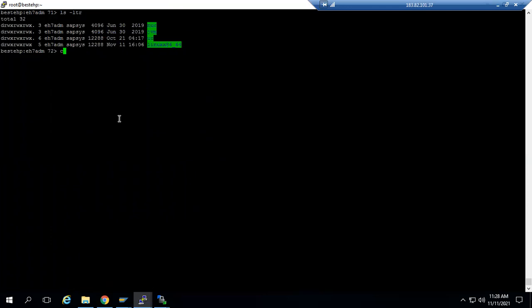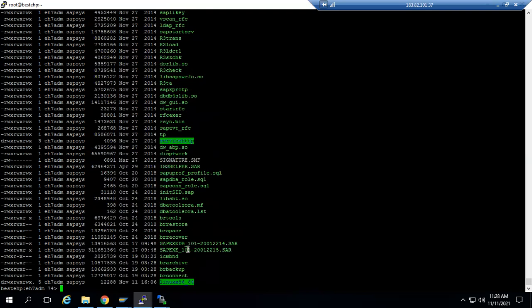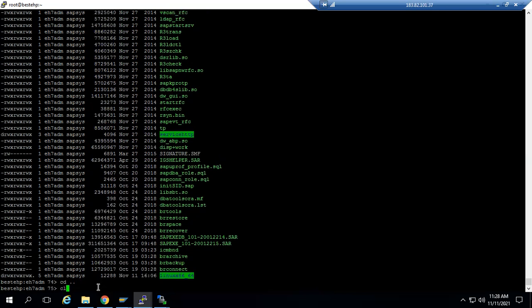So now I will go to cd UC. This is not required, they have copied this to this location, which is not required. So I will go back and clear this directory.